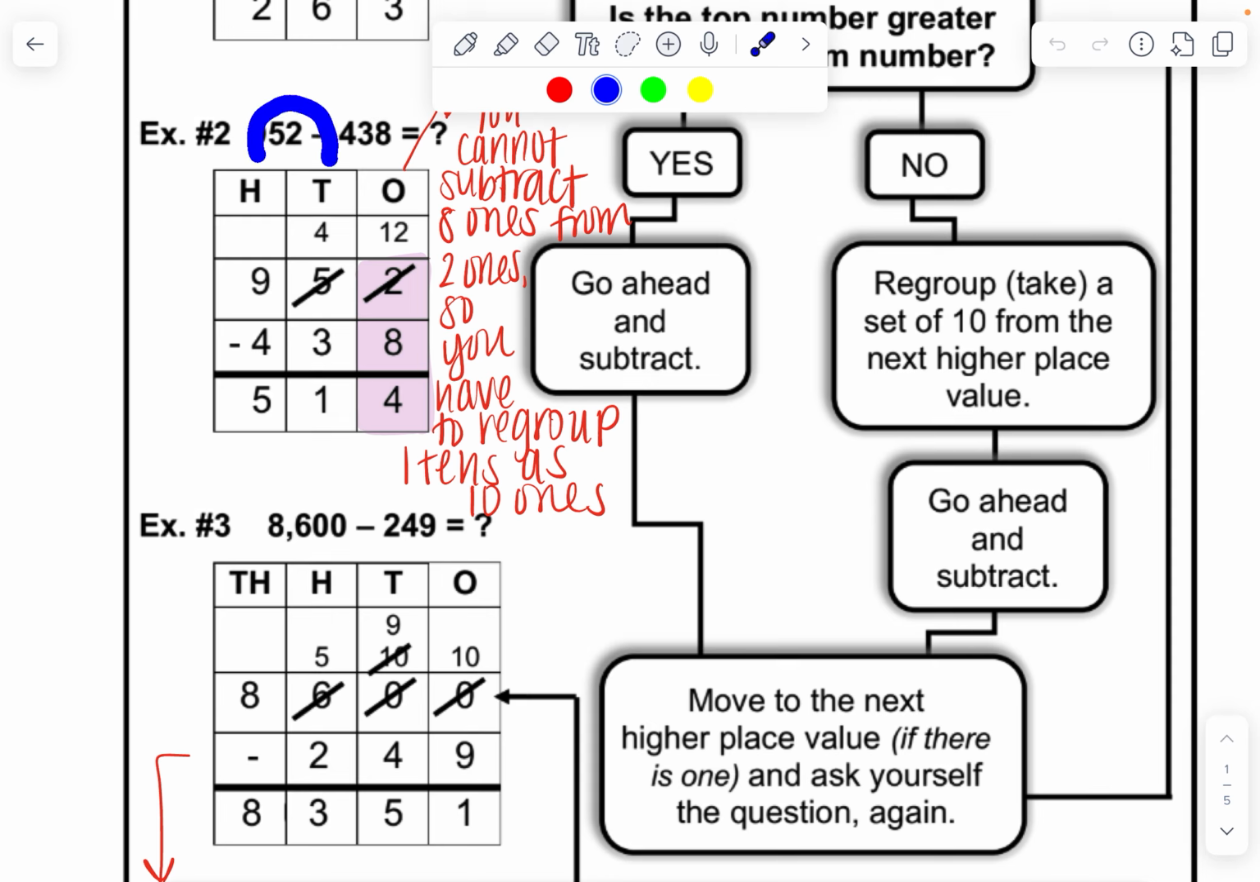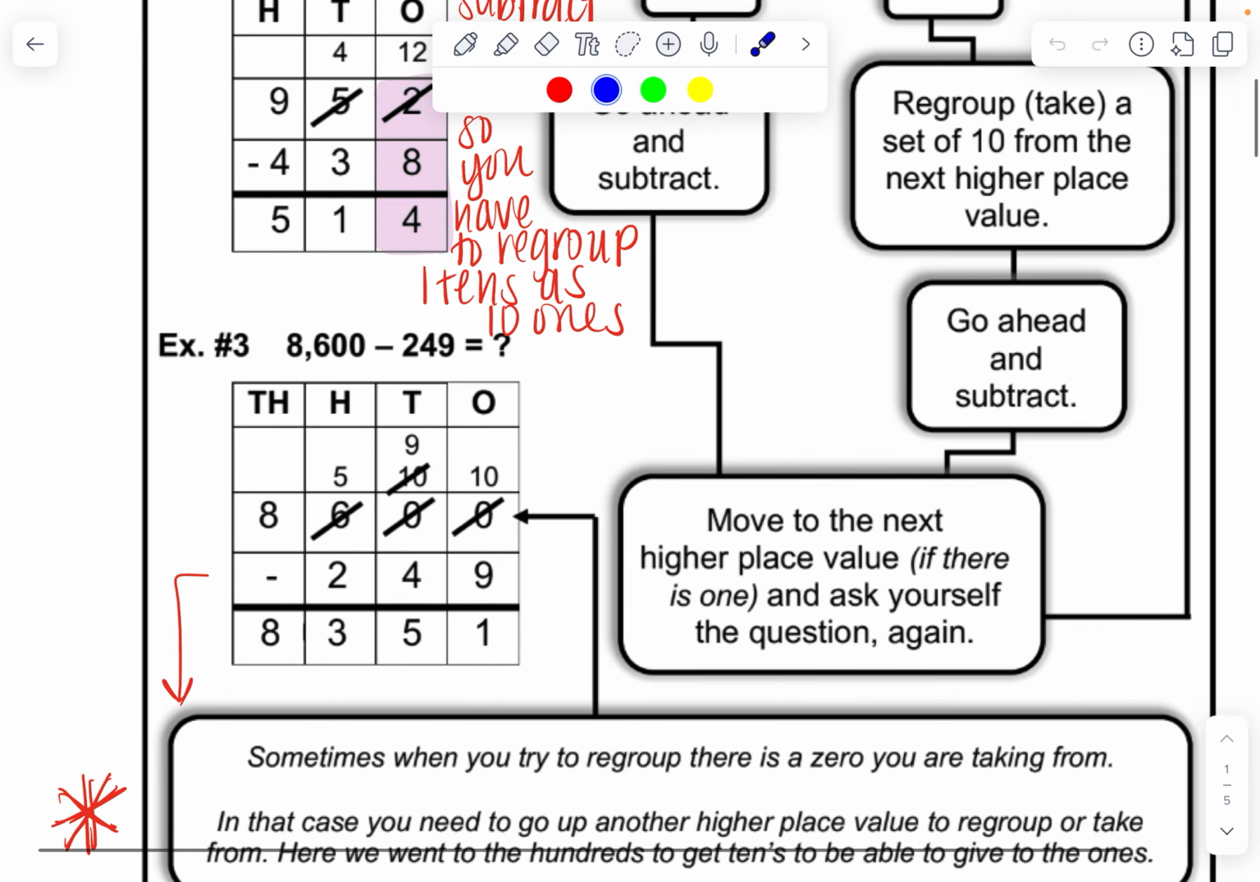I can now move on to the hundreds place. I see that my top number is greater than my bottom number. 9 take away 4 is 5. Amazing. Okay. Now, example 3 is probably the trickiest type of question that students get